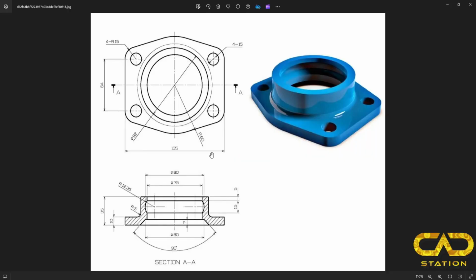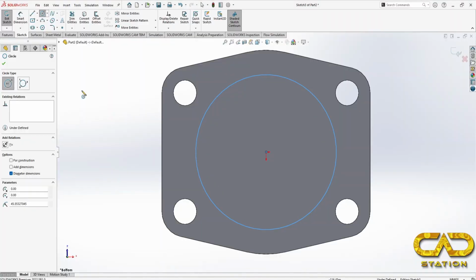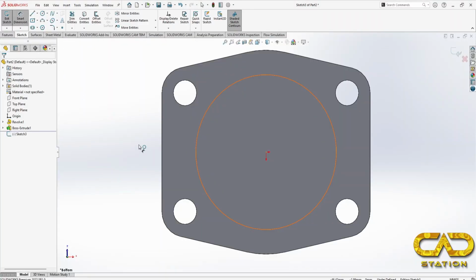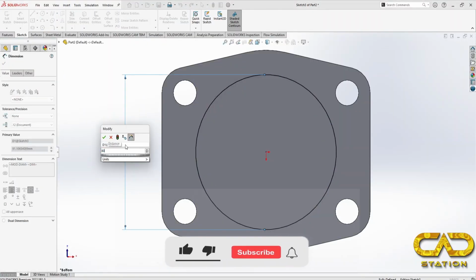This circle is going to be of, you can find, this is 75 and okay, you can find here this arrow is coming downward and this is 80. So Smart Dimension, this is an 80 mm diameter,